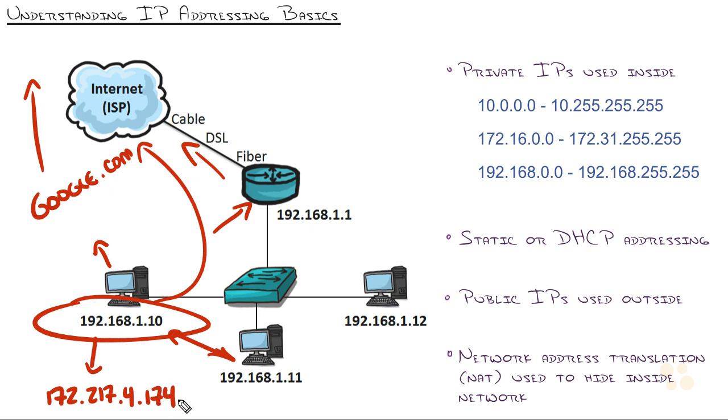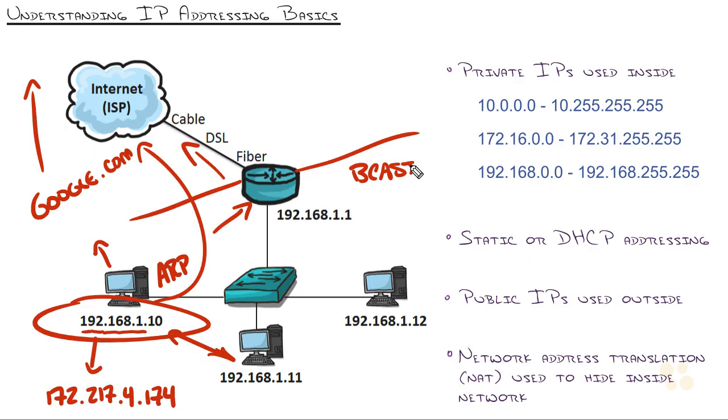172.217.4.174. And the computer immediately knows, because it's looking at its network. He goes, well, that's not on my network. So I can't just send an ARP message to reach it, because the job of the router is to stop broadcast. Imagine how crazy our world would be if there were no routers and everybody was just connected together. There'd be bajillions of broadcasts every single second, and the whole thing would break down because our networks wouldn't be able to keep up with that,